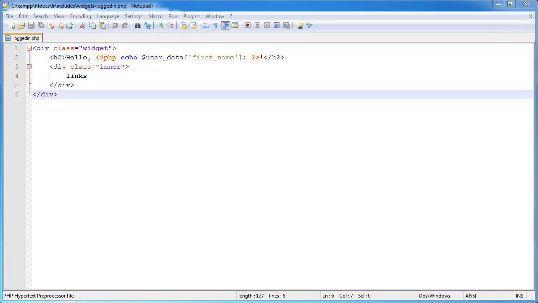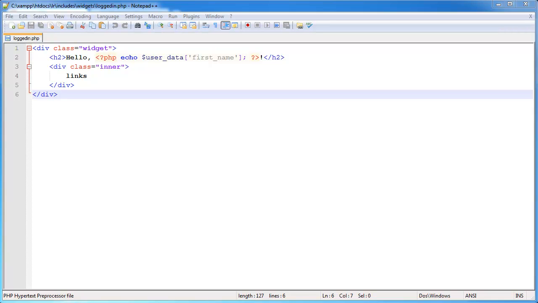Okay, so in this part of the video we are going to be looking at not specifically widgets, but we're going to be looking at the logged in widget, and also we're going to be creating a widget that allows us to tell anyone that's visiting the site how many users are currently registered on the website. And this won't include users that are inactive, so any users that have an inactive account will not be included, because we could have several registrations that haven't been activated,